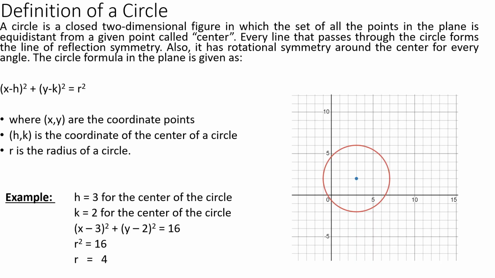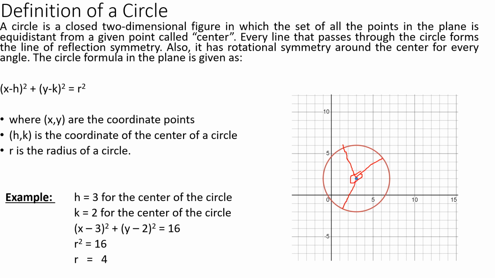Definition of a circle. A circle is a closed two-dimensional figure in which all the sets of points in the plane are equidistant from the center. In other words, what we're looking at here is my center. When I look at this right here, I'm circling it, and it's equidistant to every part of this line, from here to here to here, and that